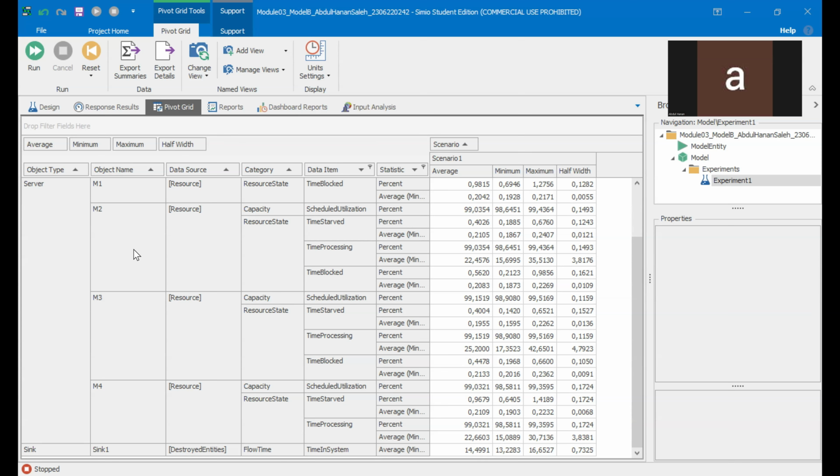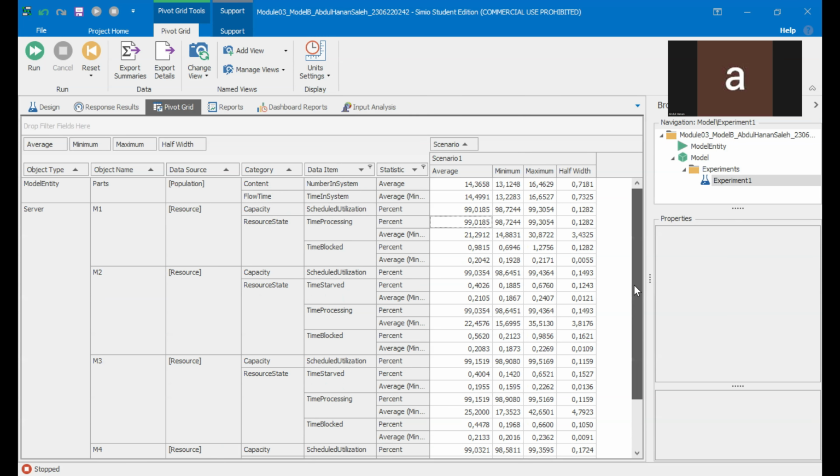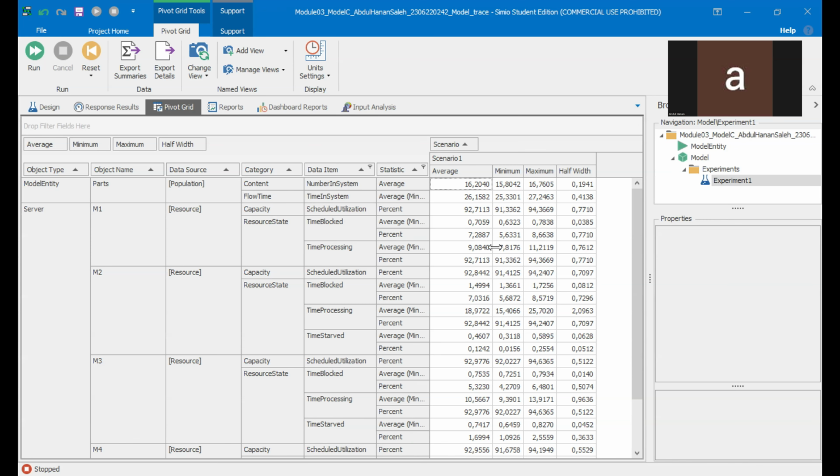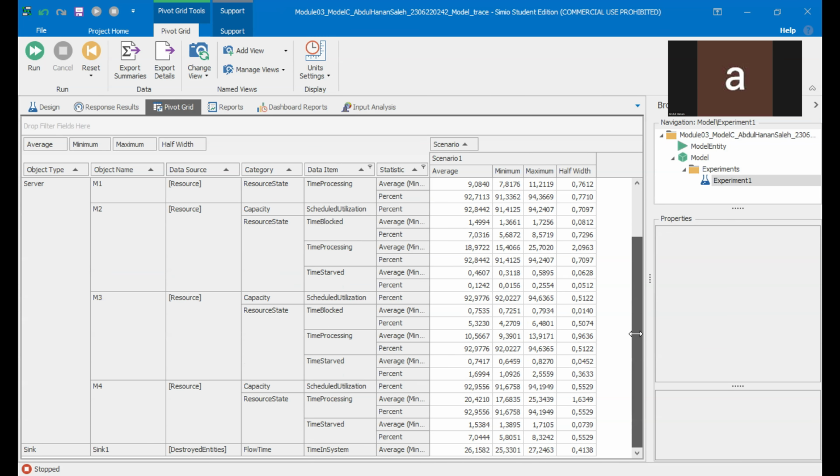If you look at Model B, you can see that the schedule utilization is 99% for all machines. And this would mean that the buffer distribution is near perfect for this model. However, if you look at Model C, the schedule utilization is only 92%. And we can fix this by looking at the time percentages of time starved and time blocked. Here you can see that